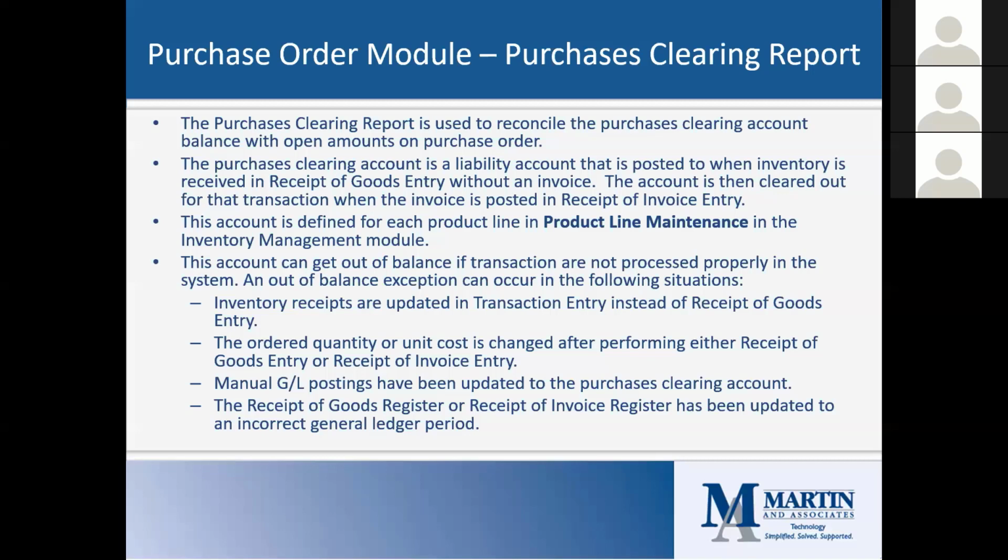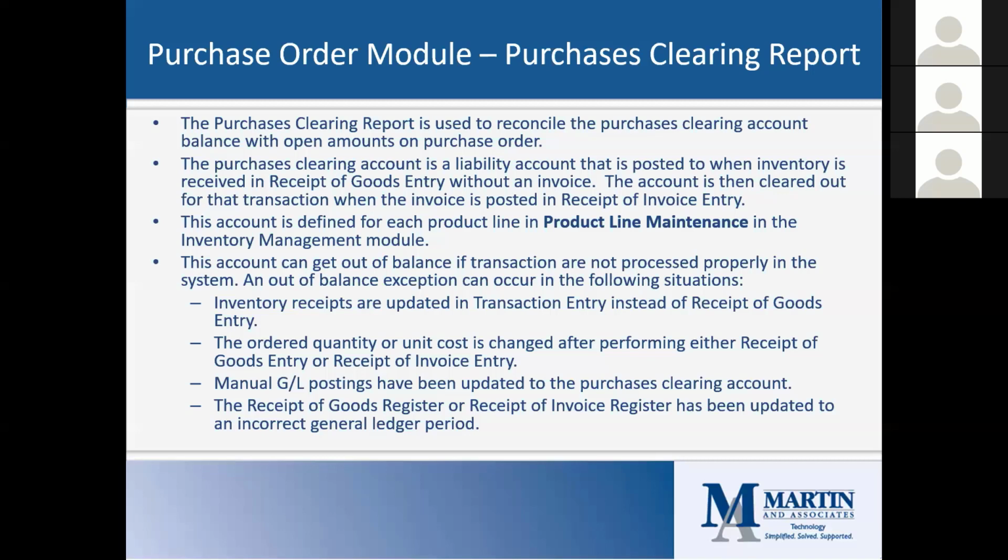Okay, and then when the invoice does come in and you do a receipt of invoice, for the lines that you're doing the invoice against, it'll pull that amount out of the purchases clearing account, and it will now debit that account to wash it out, and it offsets it with the credit to the accounts payable account. Okay, and the account for the purchases clearing account is set up under product line maintenance for each product line under the inventory management module. Okay,